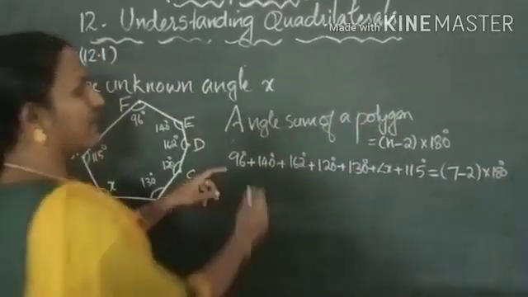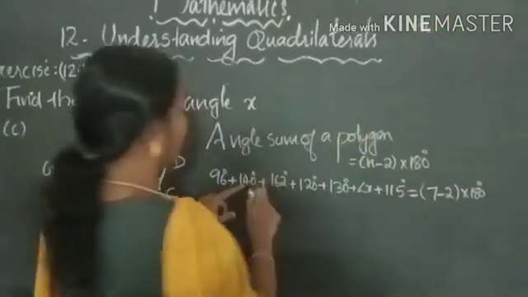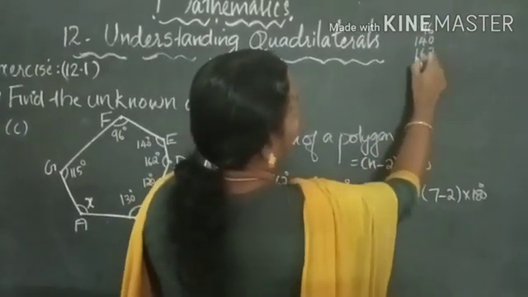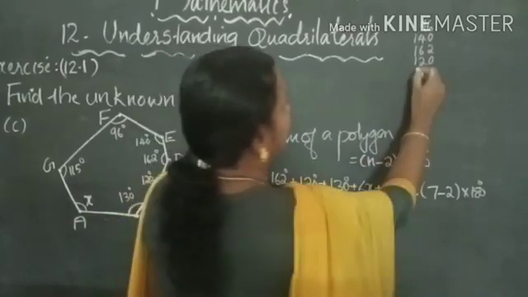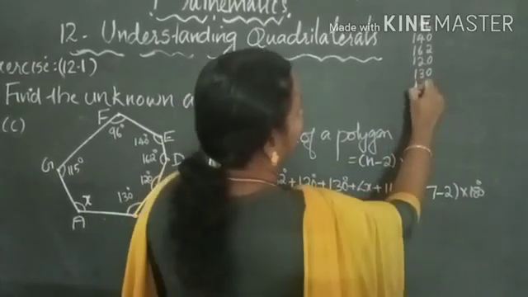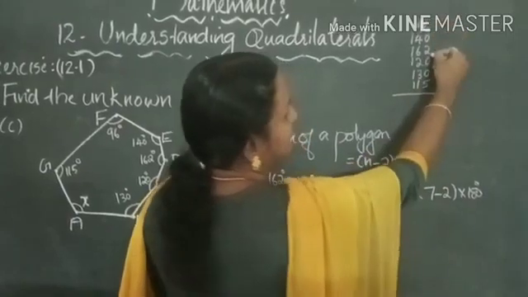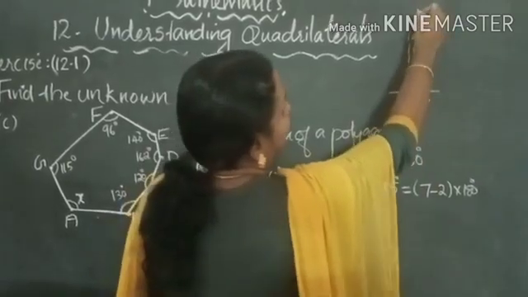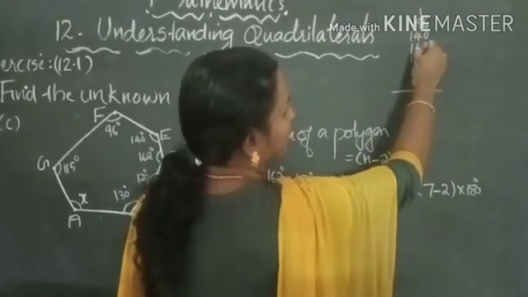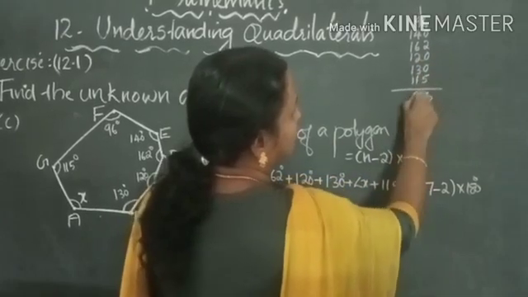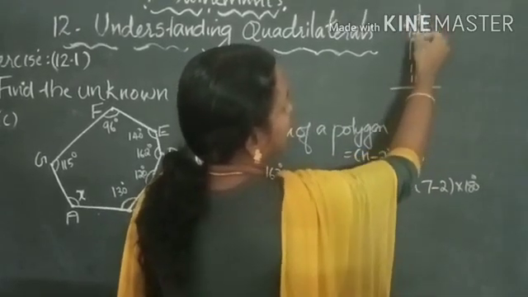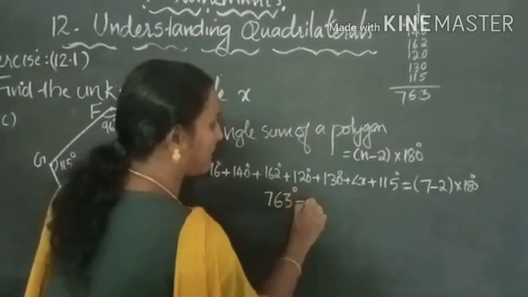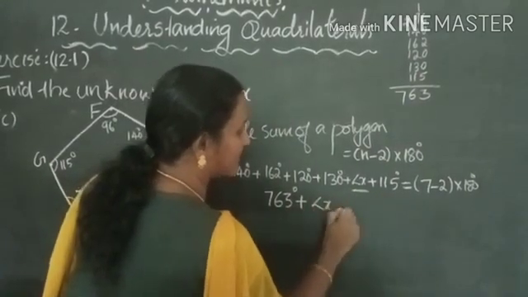Adding all the angles, 96, 140, 162, 120, 130 and 115. 6 plus 2, 8. 8 plus 5, 13. Balance 1. 9 plus 1, 10, 14, 14 plus 6, 20, 22, 25, 26. Balance 2, 3, 4, 5, 6, 7. So 763. 763 degree plus angle x is equal to